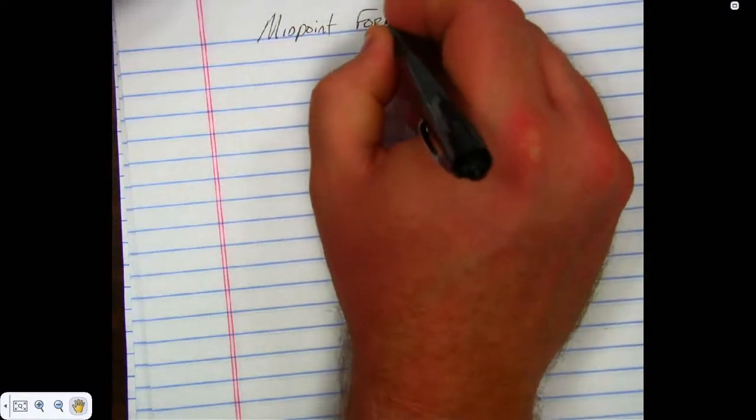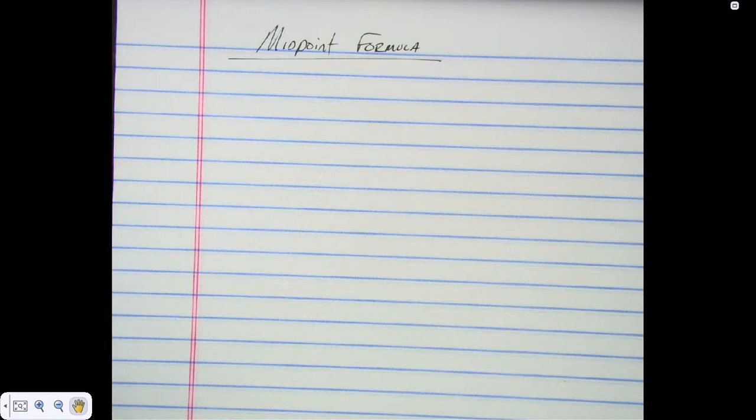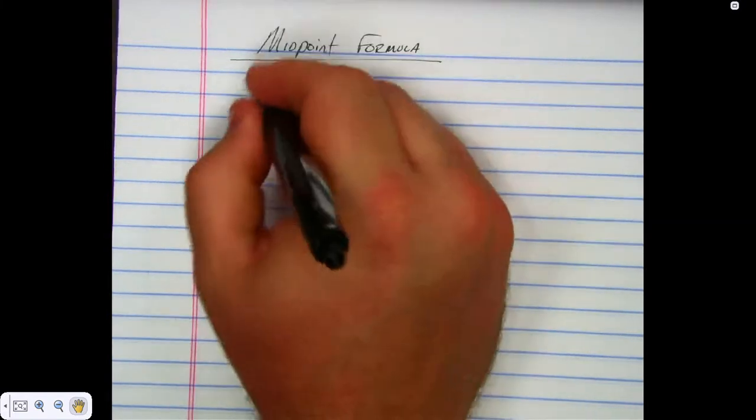Anybody guess what a midpoint might be? What do you think a midpoint is? The little thing in the middle of the X's, is that what it is? It's a point in between. Close. No, the midpoint is exactly in the middle between two points. If you have two points, there's only one point exactly in the middle. For a number line,